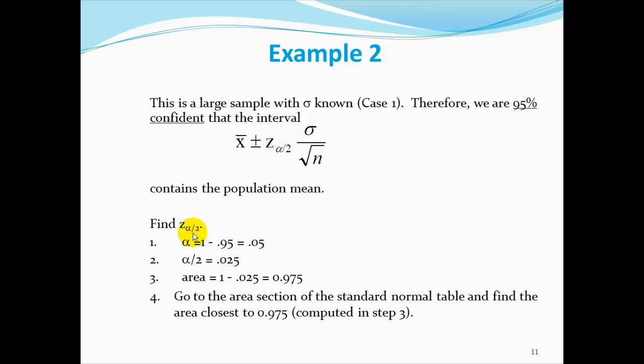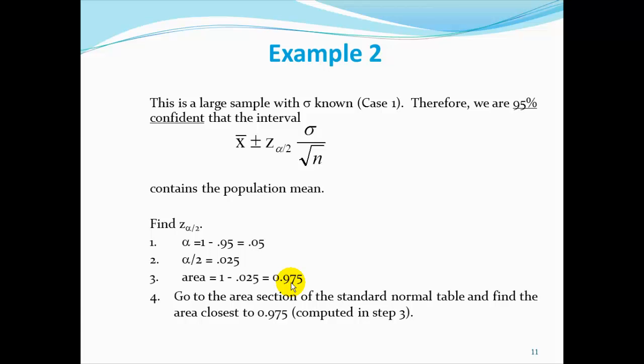In step 3, we compute the area that we have to look up on our standard normal table. The area is equal to 1 minus alpha over 2. For our case, that's 1 minus 0.025, which equals 0.975. In step 4, we go to the area section of our standard normal table to find the area as close as possible to